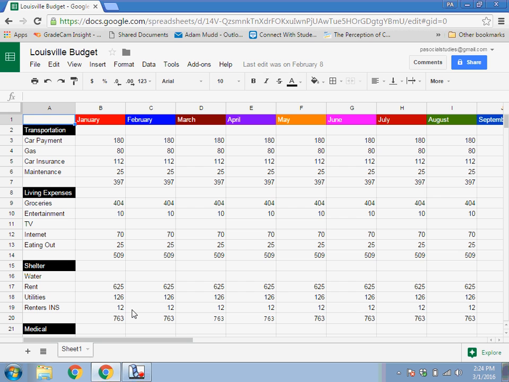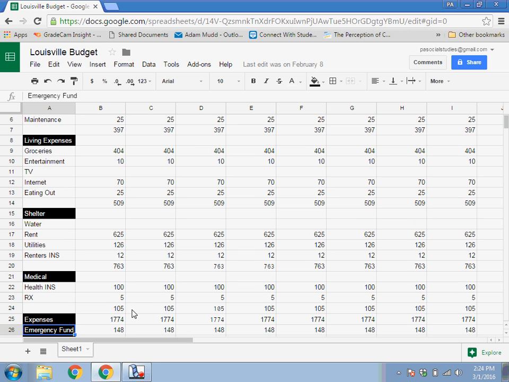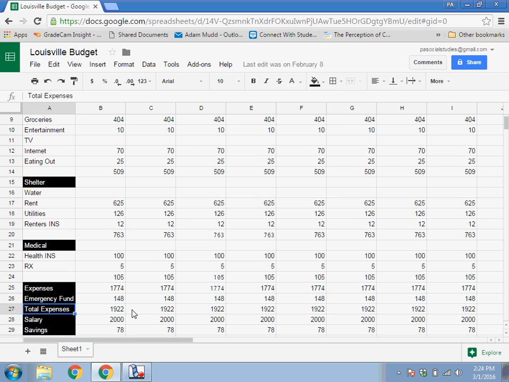And then eating out, I assume I was going to eat out 5 times at $5 per month, which is pretty low, to be perfectly honest, but whatever. So $509. Scrolling down, shelter, rent, utilities. Water I didn't have because the place I was looking at included water. So that's what I come up with there. Renter's insurance, health insurance with prescriptions, makes my expenses